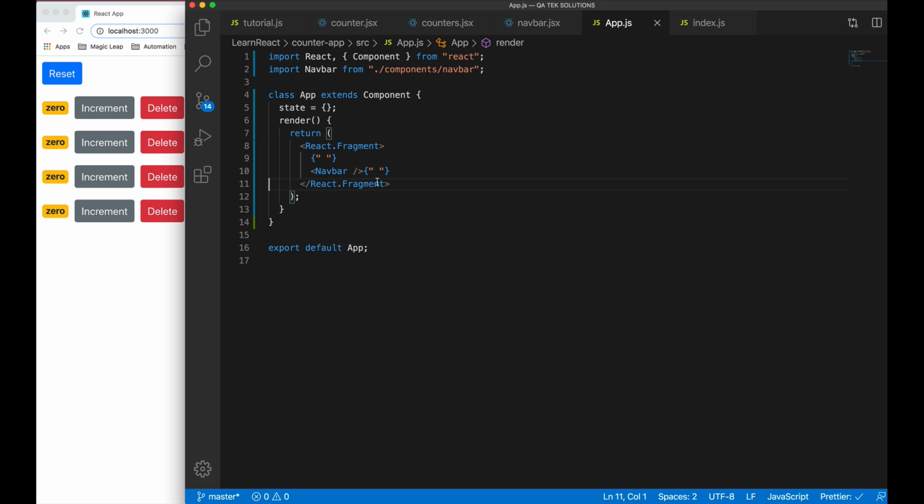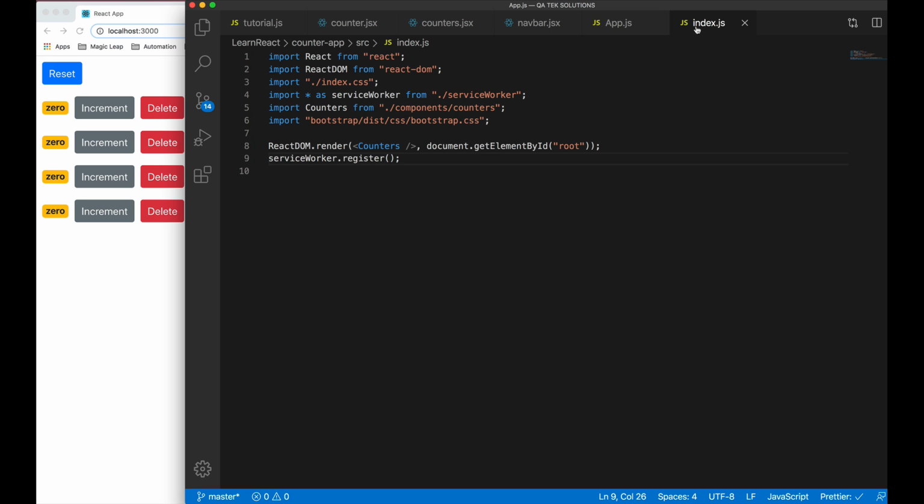So I just added the navbar. Now let's do one thing. In index.js, let's enable calling the app. So we don't need counters. We're just going to simply call the app. We can name it app. And here, instead of this, let's call